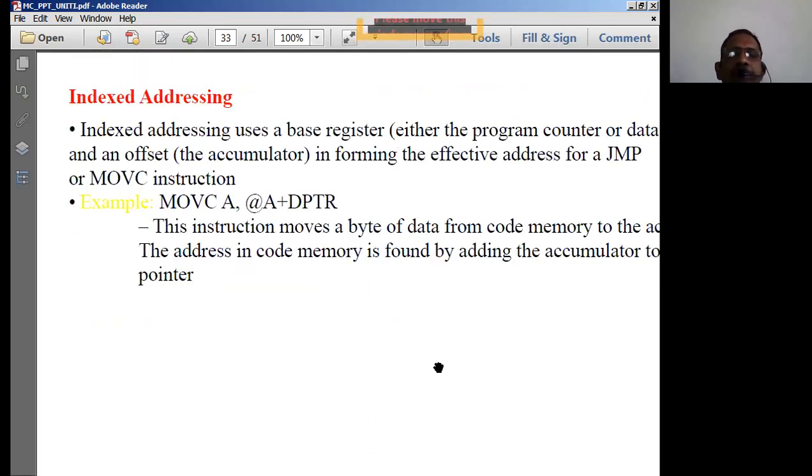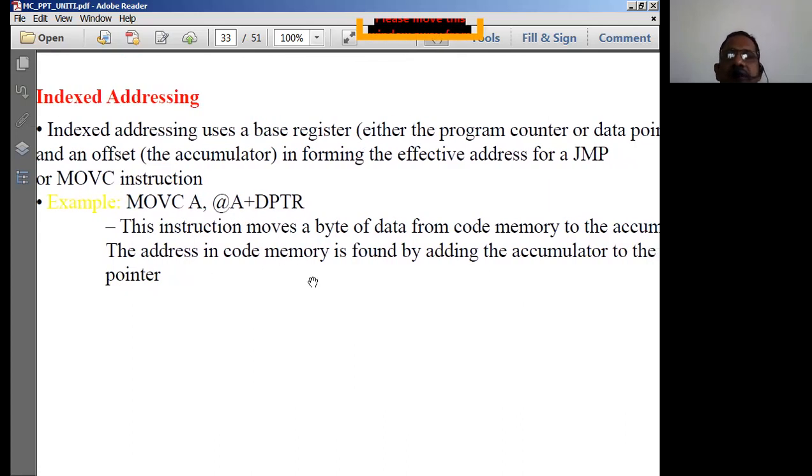And the last one is going to be the indexed addressing mode. Indexed addressing mode normally comes with an @ operator followed by a plus operator also. That means once you mention DPTR, the contents of DPTR will be taken. @A means what? The value at the address contained in A. That means in A there may be some address location. The value at the address contained in A will be taken, and those two are added, in the case of the indexed type of addressing.